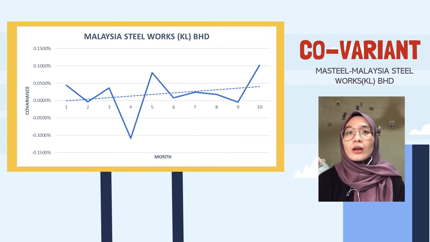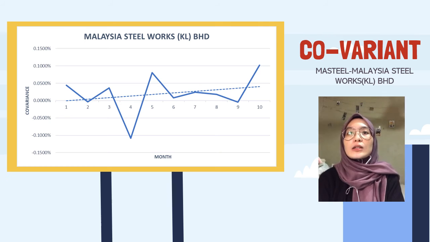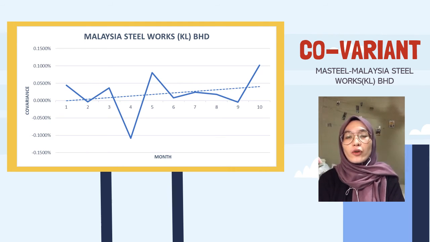0.07%. From the graph shown, the covariance of Master Berhad in January was 0.044% but somewhat declined to negative 0.0038% in the following month, although in March it was 0.0365%, which is the second highest peak for the whole graph. The pattern started to decline in June and slightly increased in July by 0.0245%. For the upcoming months, the percentage constantly decreased until September but suddenly rose in October to